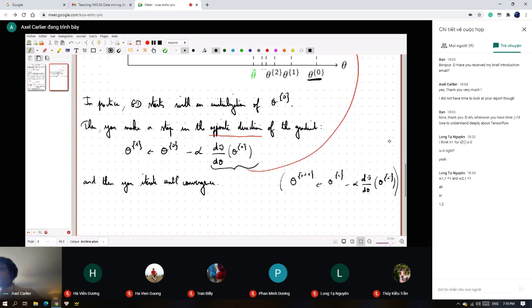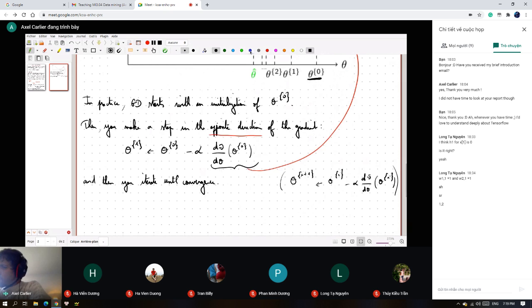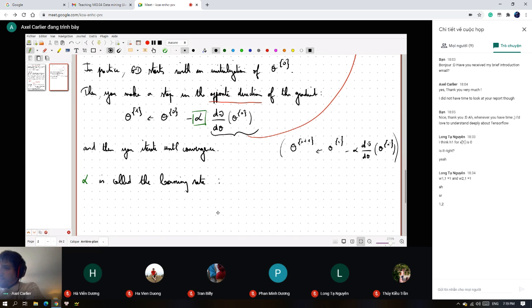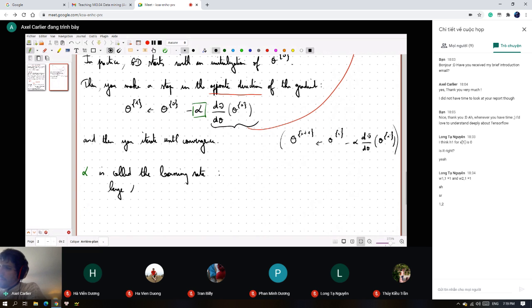It's very simple. So something important, alpha is called the learning rate. A large alpha makes convergence faster,